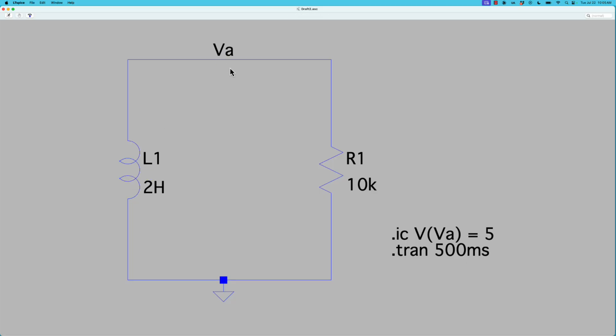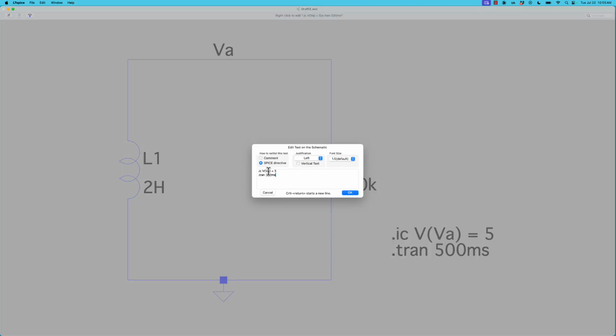VA is over here. And instead of this V.IC initial condition of V of VA equals 5, we're going to say this is going to be I of L1, because we need the current. We're working with current, right? So the initial current in the inductor is going to be